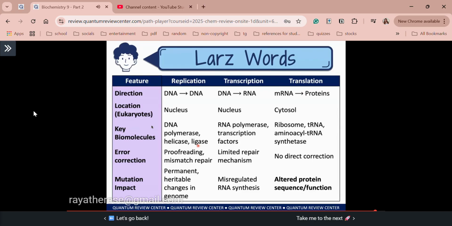For transcription, of course, direct addition of your nucleotides. No need ng primers, diba? With your RNA polymerase as well as our transcription factors. And lastly, for translation, we have your ribosome, tRNA,